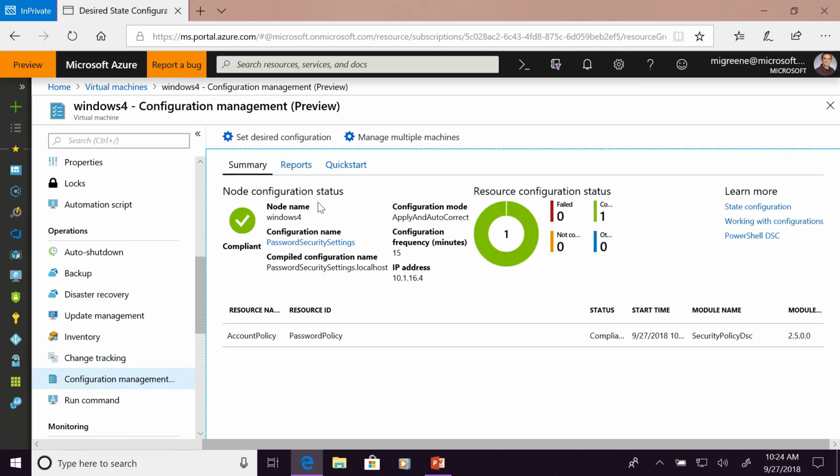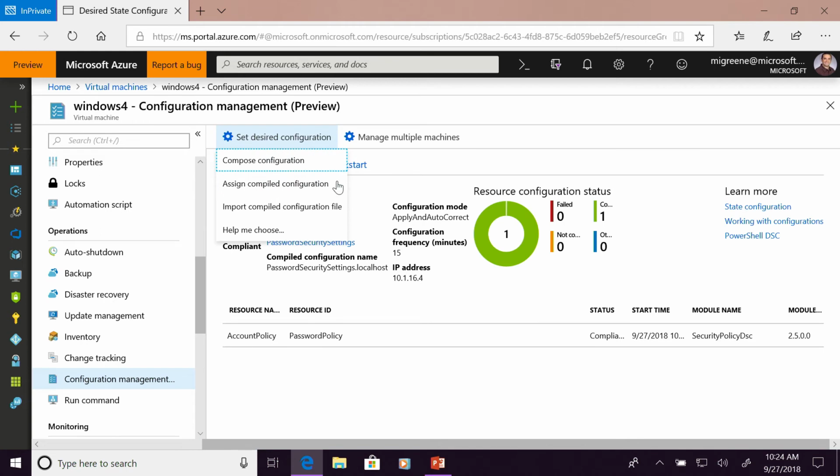So we have a new interface, both for onboarding virtual machines and for making it very, very easy for first-time learners to understand how to build configurations. So here I'm looking at the status of that virtual machine for Windows 4. You can see I've already remediated this machine, but I'll show you exactly how I did that. I've already got password security settings applied. If I go to Set Configuration,